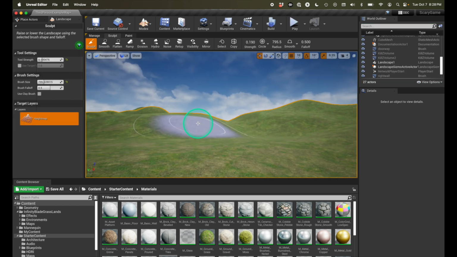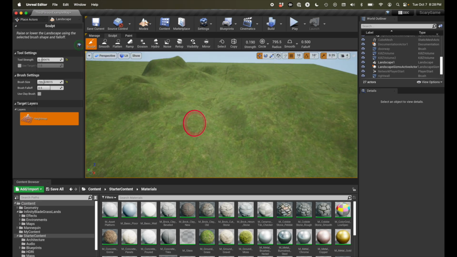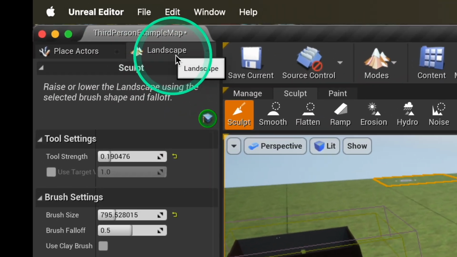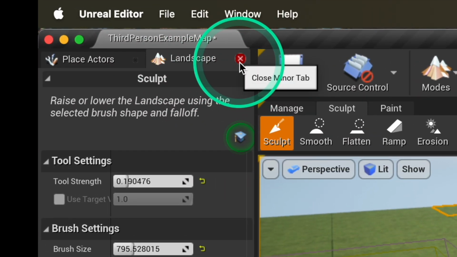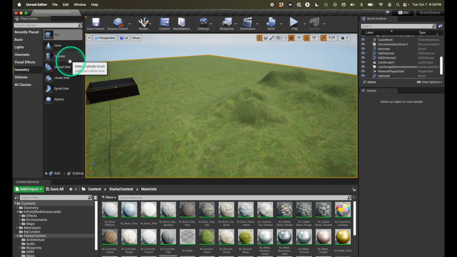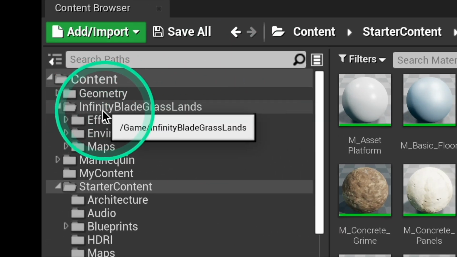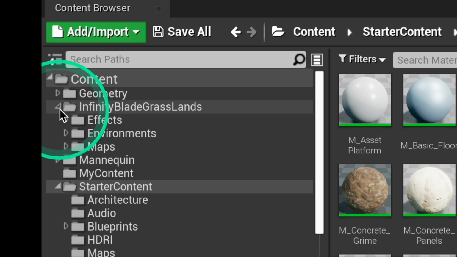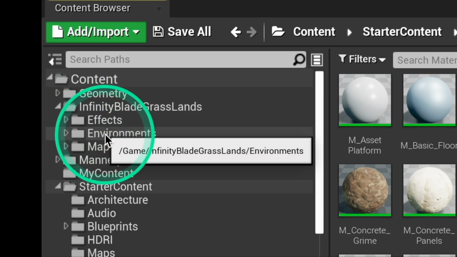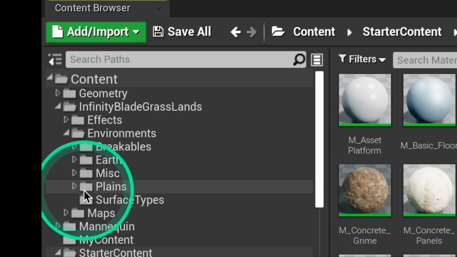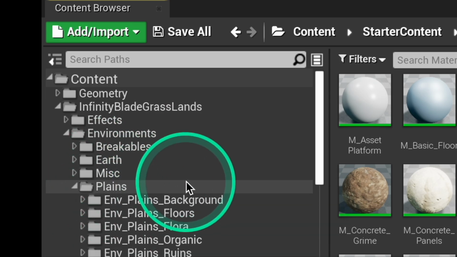There's ways that I can decorate my world with trees and rocks and things like that. To get out of that, I need to go back to my Place Actors panel. So I'm going to close the Landscape panel by clicking this little tiny X in the corner of this tab. And back in the Content browser, I'm going to open up Infinity Blades Grasslands by clicking the triangle. I'm going to go to Environments, and then I'm going to go down to the Plains folder. And inside